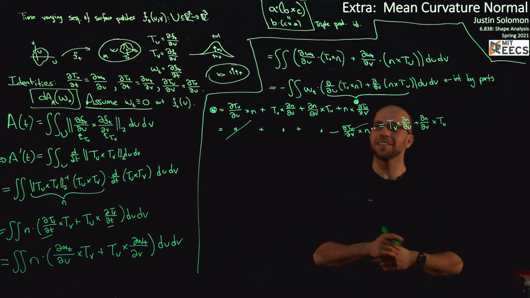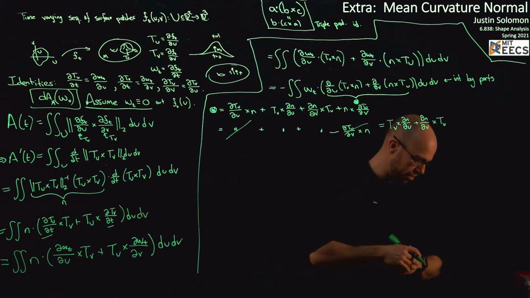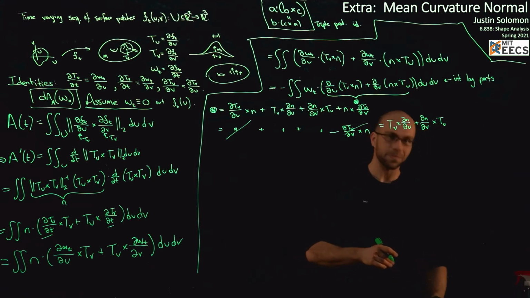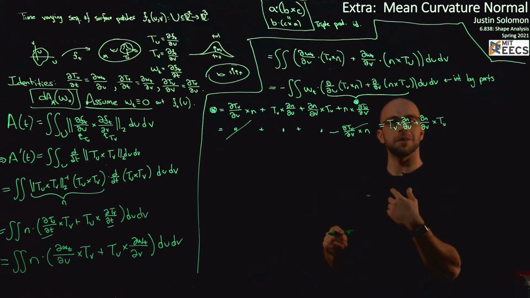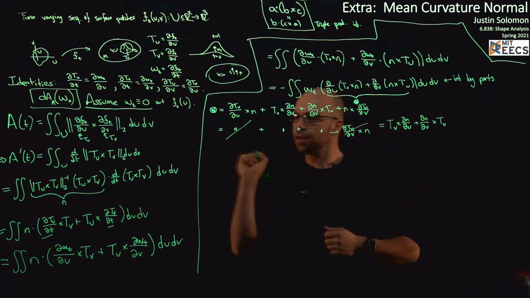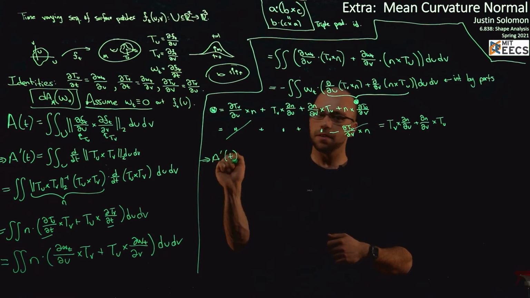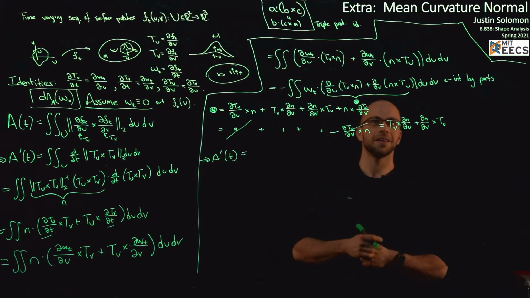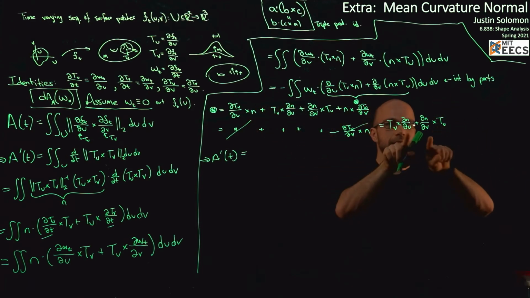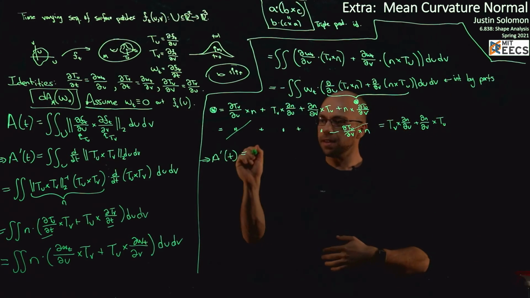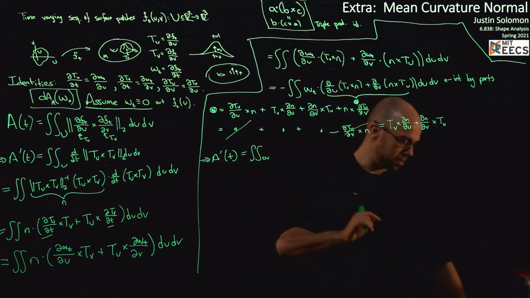Okay, so now we've simplified this expression inside of our area integral. So let's go back. I'm also going to swap the order of this cross product and put a minus sign here. So in other words, what do I get? I get that a prime of t is equal to, well, I can return to this integral here, and now I'm going to sub in this expression. So I get that this is the double integral of w,